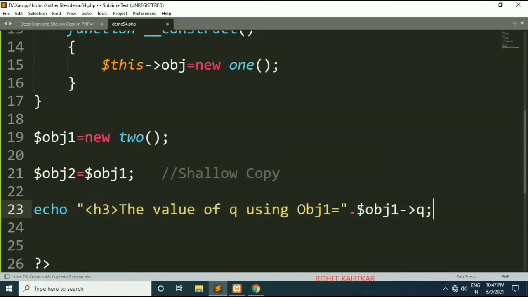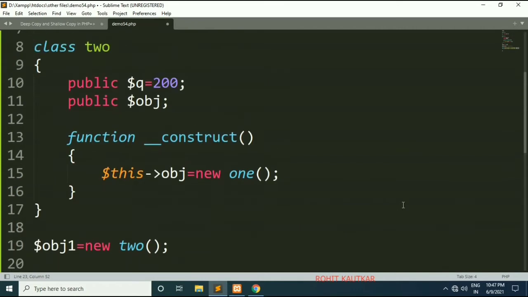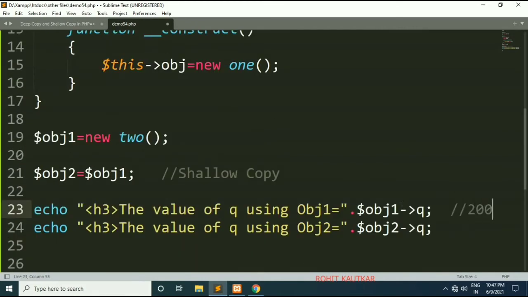I will copy this, and now I will write the value of q using object2, and here I will use obj2. Now I will run this file and let's see what output we get. In this case, here we will have value 200, and here as well we will get value 200.